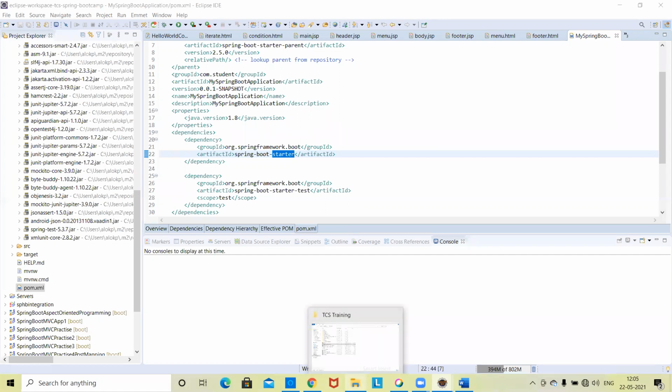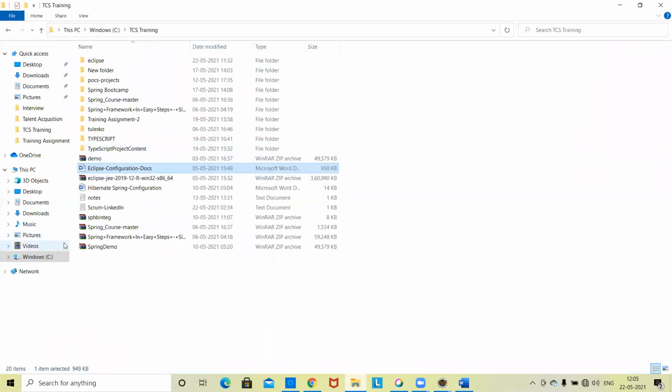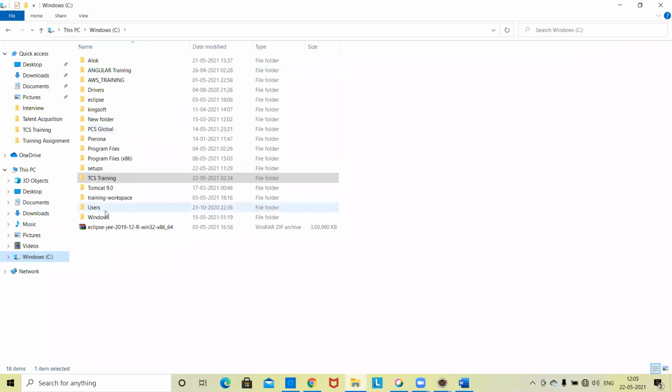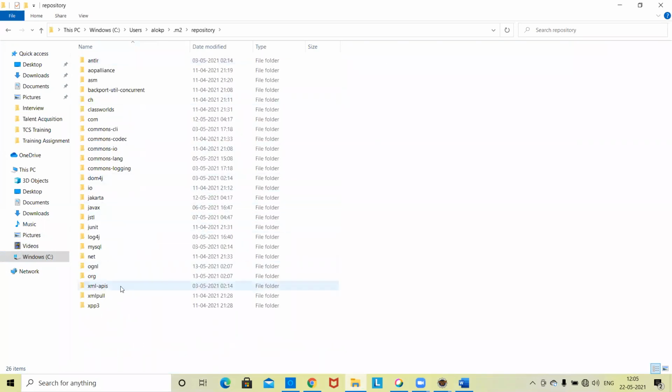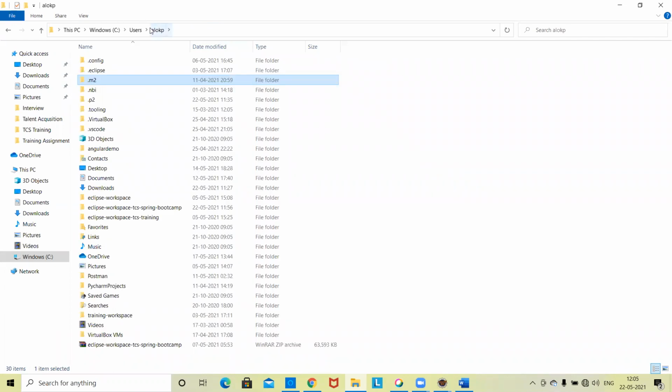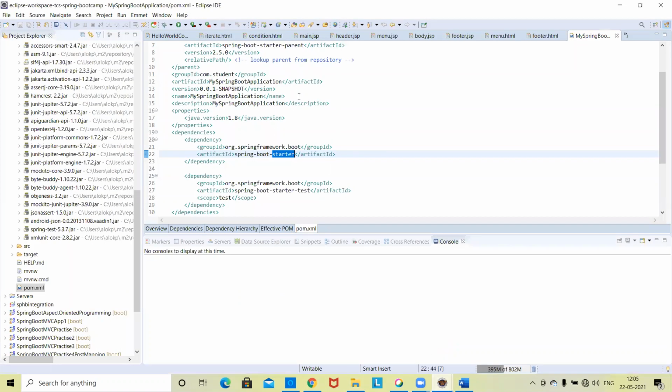If you go to your users folder, this is the .m2 repository, and here all the supportive jar files come. The .m2 folder is created automatically; you are not required to do anything. Okay, so let's do the first project.